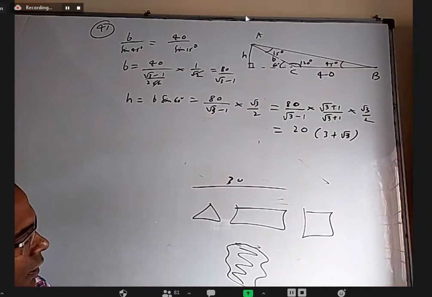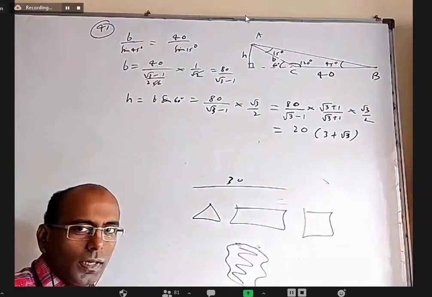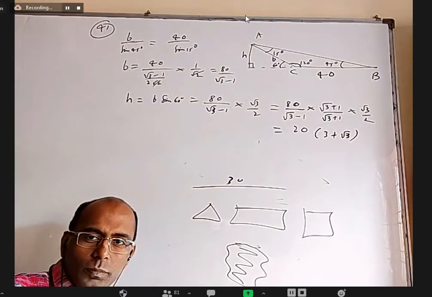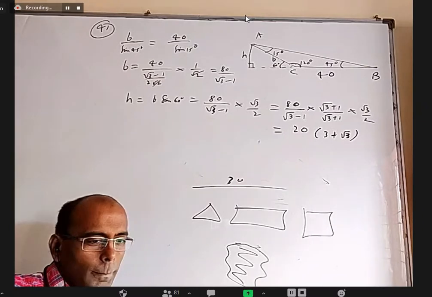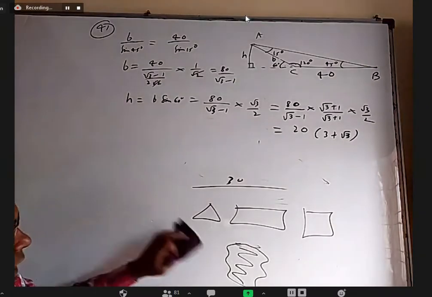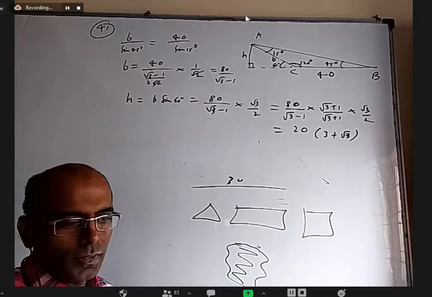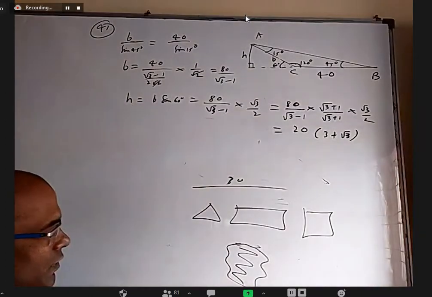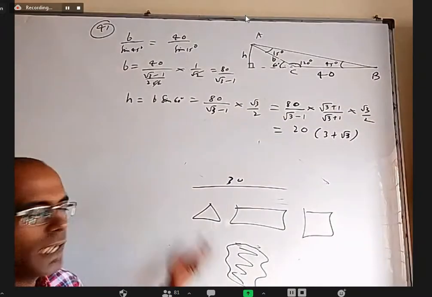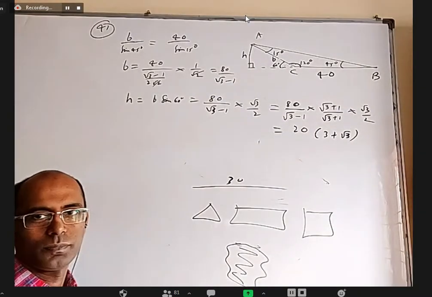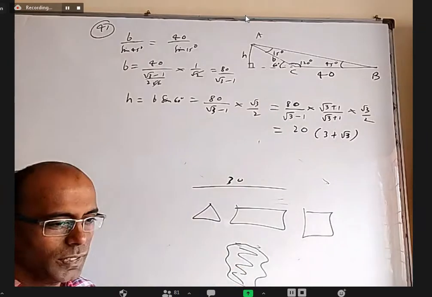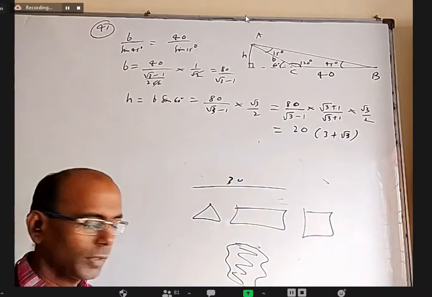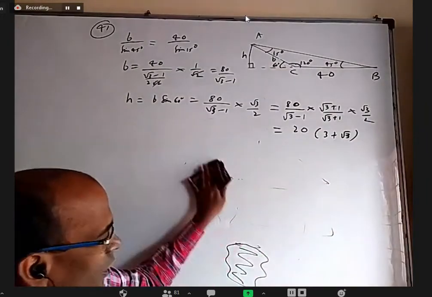You know that thing, right? For you in physics, there is one chapter called surface tension. If you want to prove this, there may be some way to prove it, but it is difficult because there are so many types of shapes. Circle is the maximum means you take all other shapes and prove that they have less area than the circle, right?